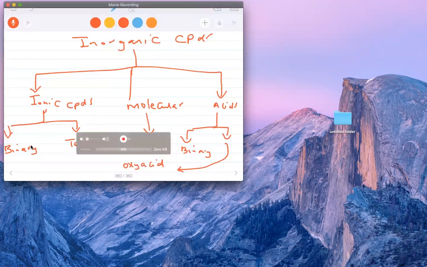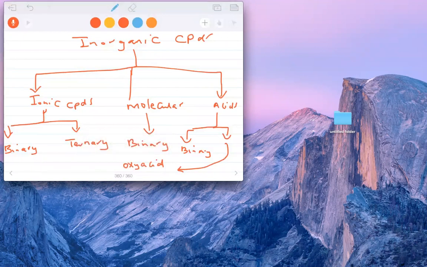So I see here there is one. Oh, sorry about that. We have 1, 2, 3, 4, and 5 classes of inorganic compounds, and there are rules for naming them and writing